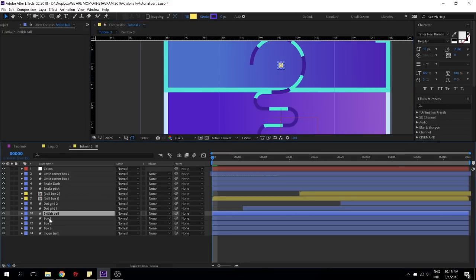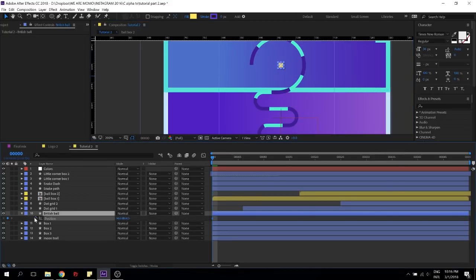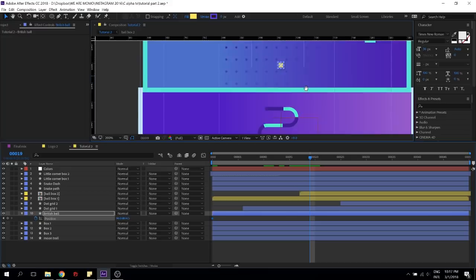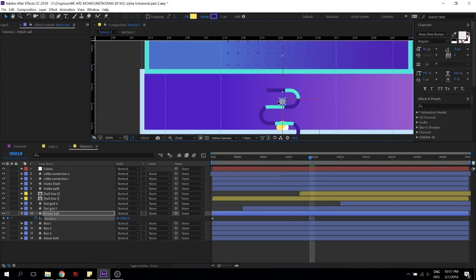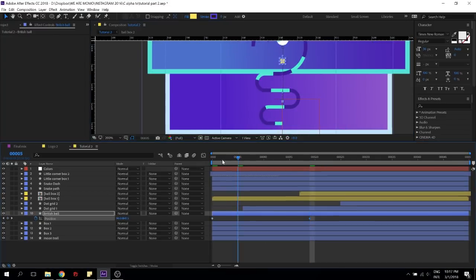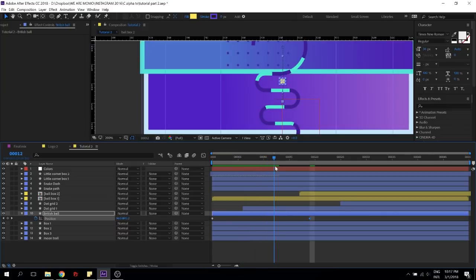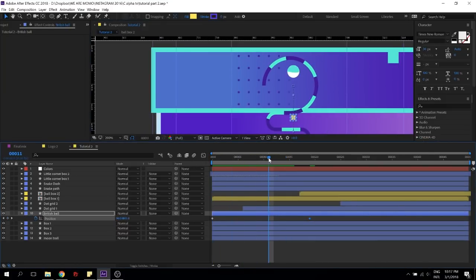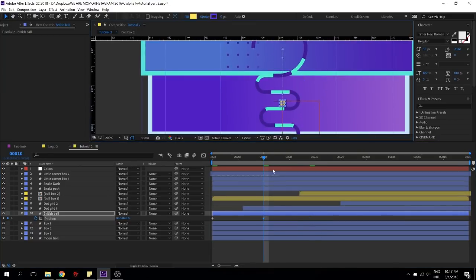Okay, so we've got the ball there. It's got starting position there. And the moment it goes down, I want this to reach there. Here. Right in the center.